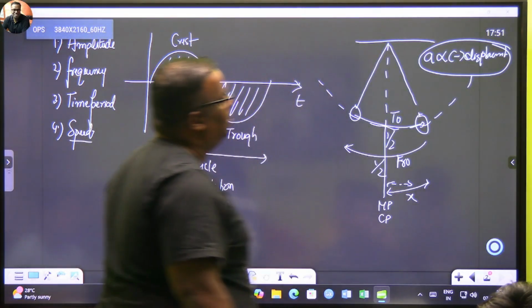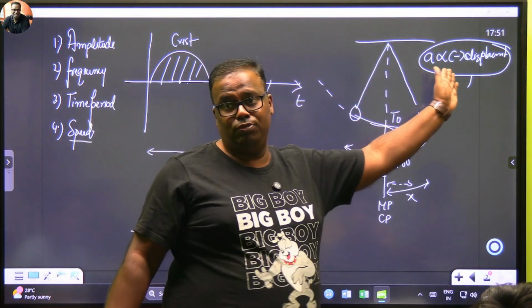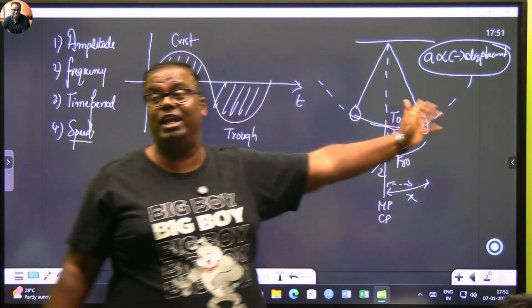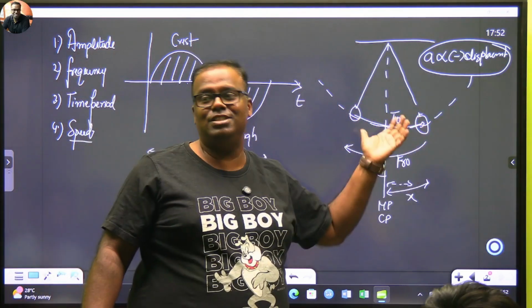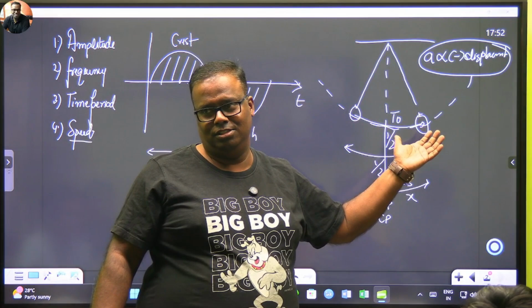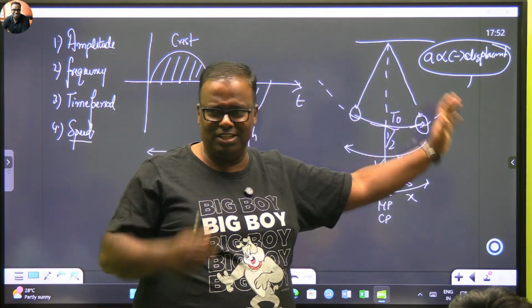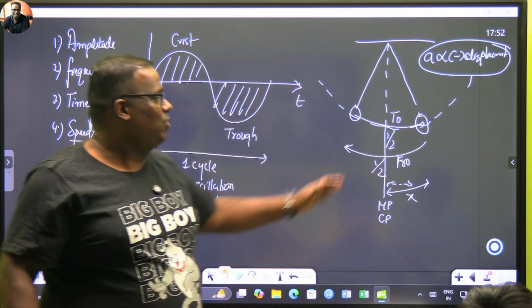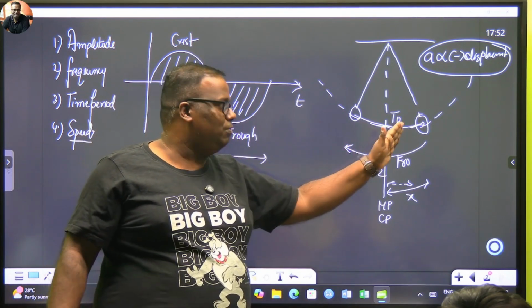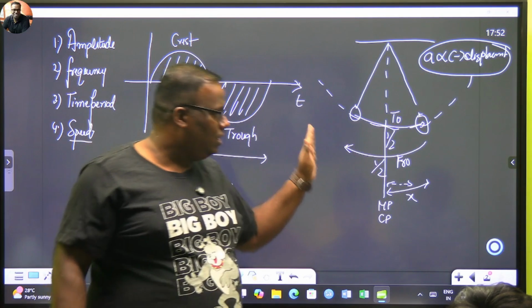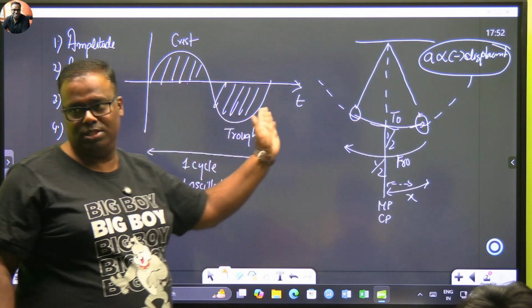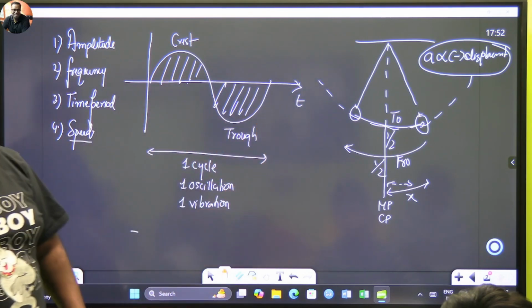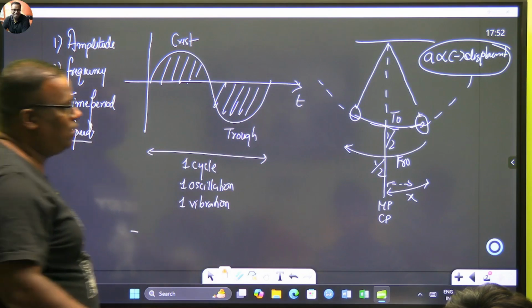Yeah. This will learn in grade 11. If you can show that acceleration is negative of displacement, then only it is a simple harmonic motion. ये भी देख सकते हैं कैसे होता है, कोई बड़ा इंजीनियरिंग नहीं है इसमें. ठीक है. So in terms of a pendulum, if you want to understand what is a cycle, 1 to and 1 fro. अगर 2 को आपने क्रेस्ट से दिखाया तो फ्रो ऐसे टॉप से जाता है. इस समझ में आया?